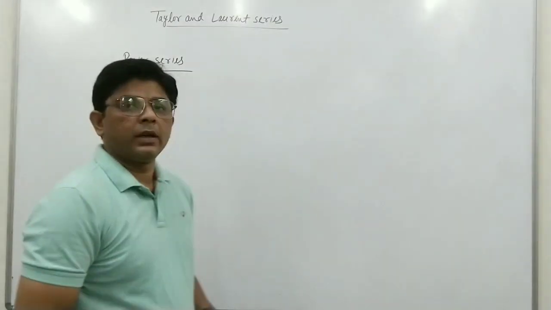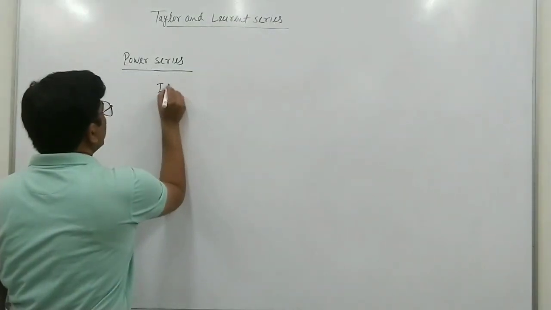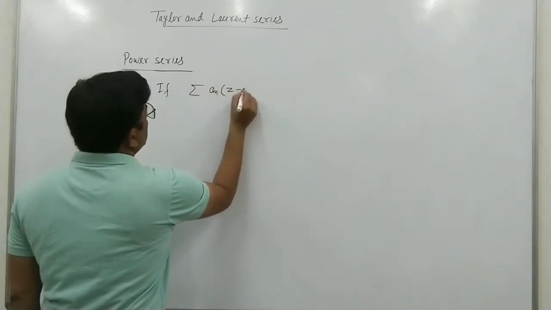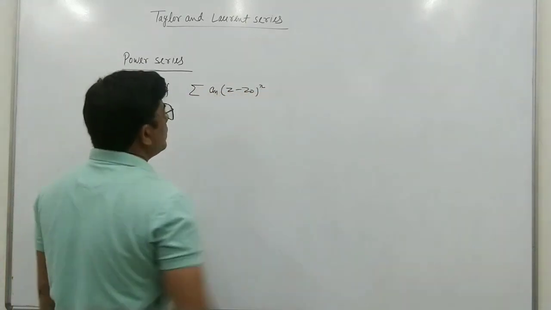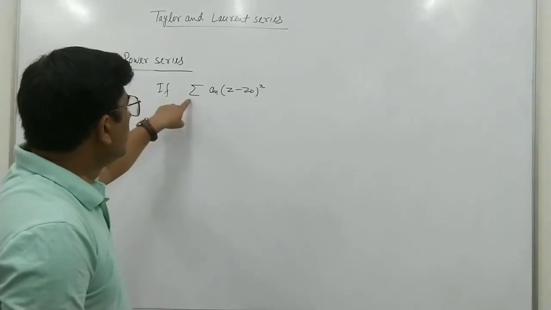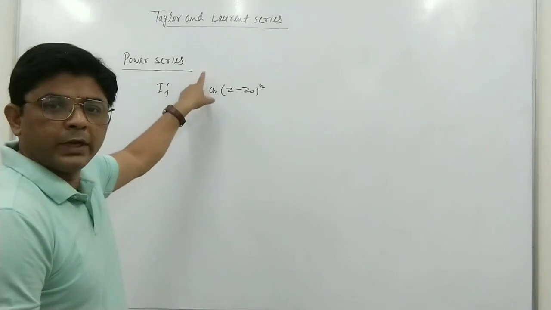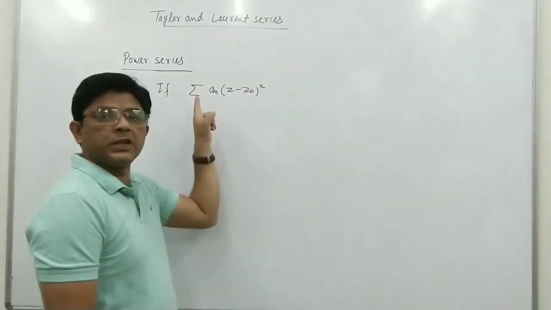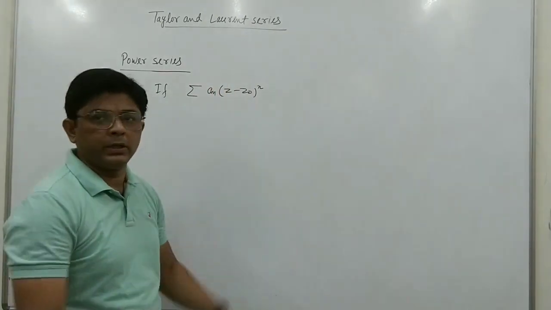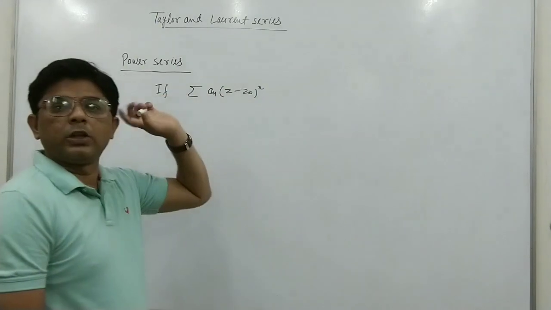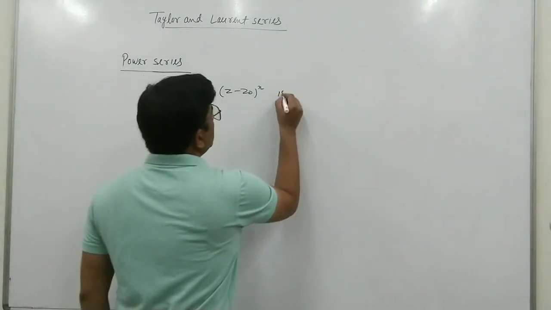Okay. Now we write what is the radius of convergence. If we take a power series an z minus z0 to the power n, we can write any power series in this form. Here we omit n equal to 0 to infinity. Whenever I write in this form, it is understood that this summation is from 0 to infinity, so we can simply write summation an z minus z0 to the power n.